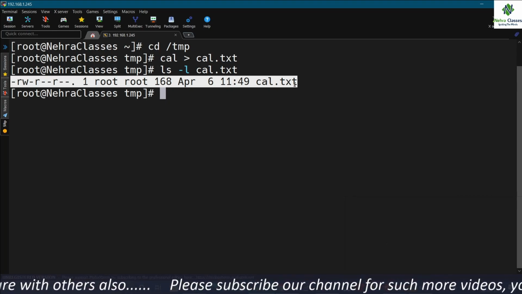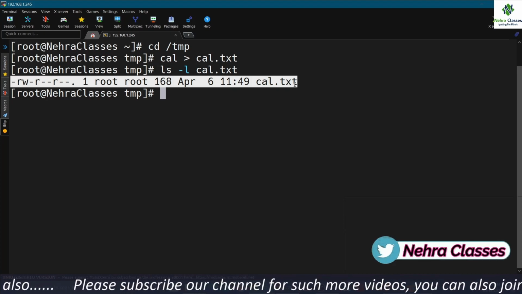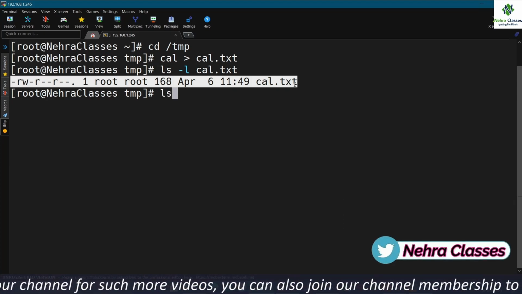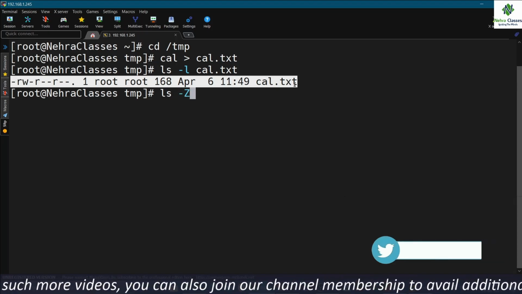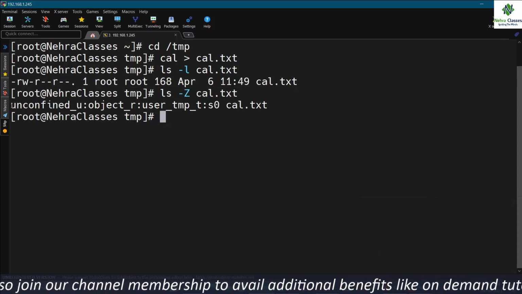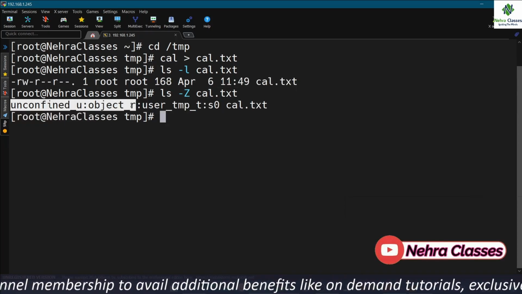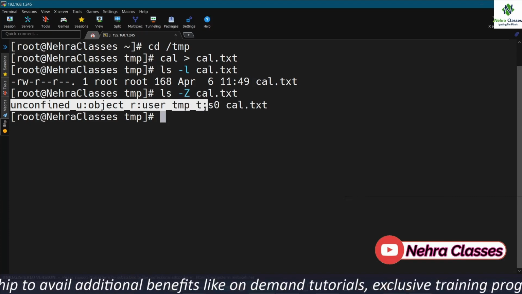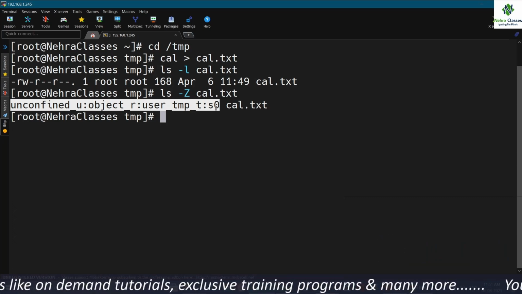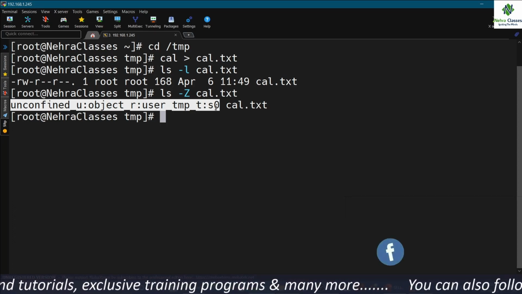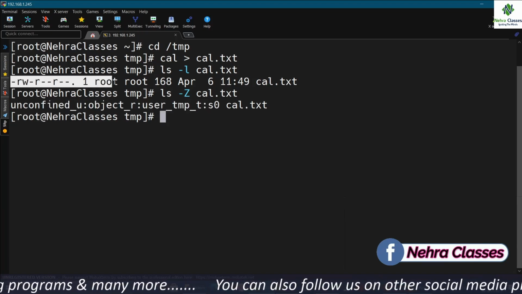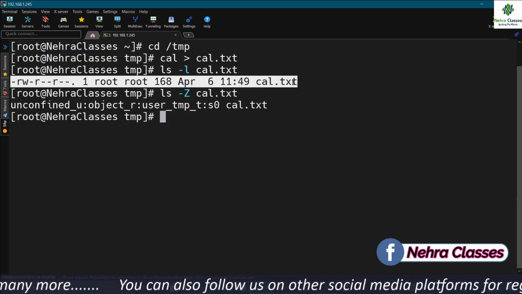While in the case of the mandatory access control mechanism, some policies are used. Let me show you. If I execute ls -Z and the name of the file, here I can show you the SE Linux context: the role, the user, and the security level. This information will be used to give the access, and it will be checked after checking the discretionary access control on the file.